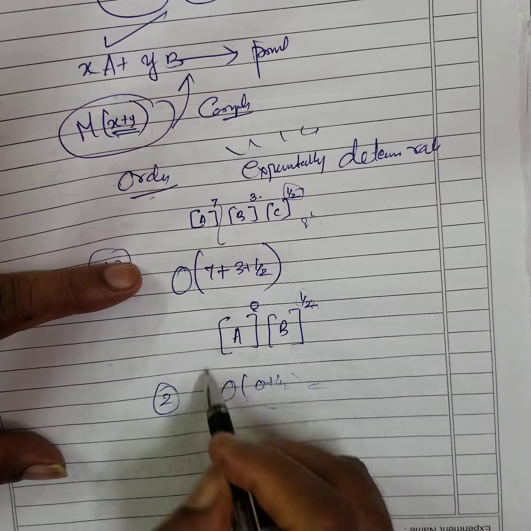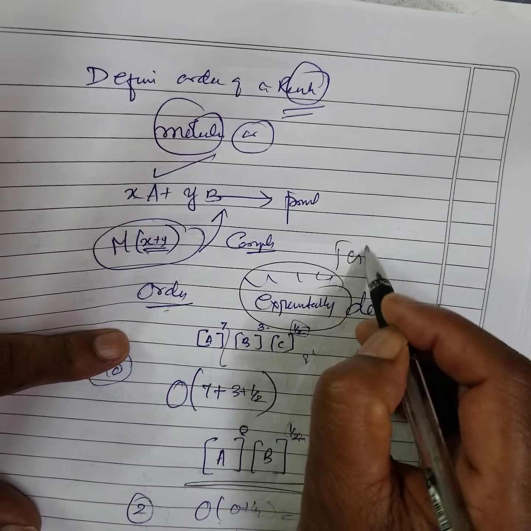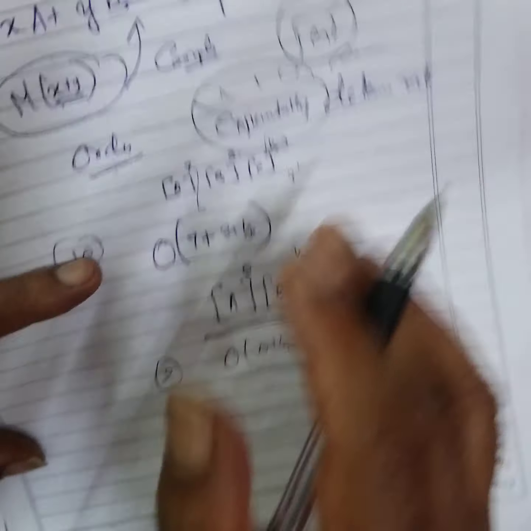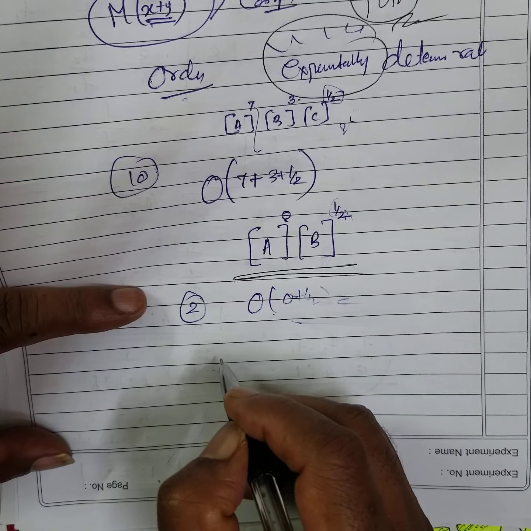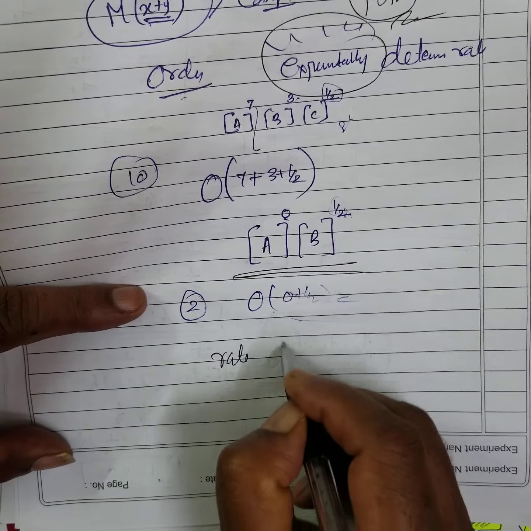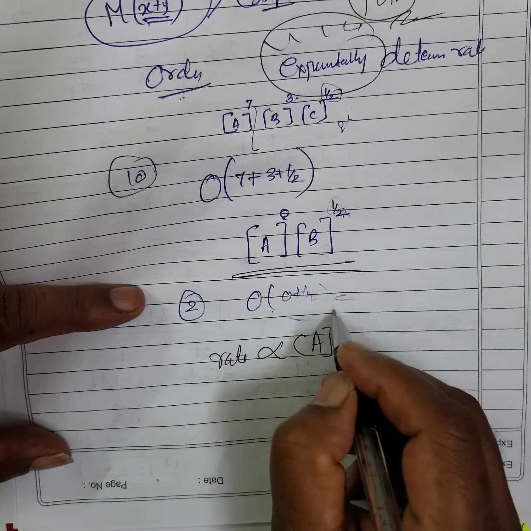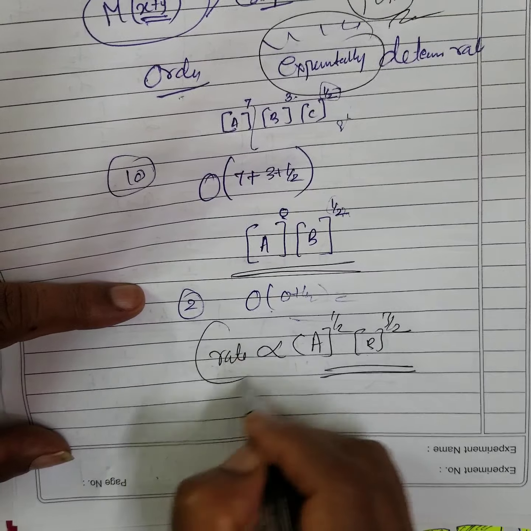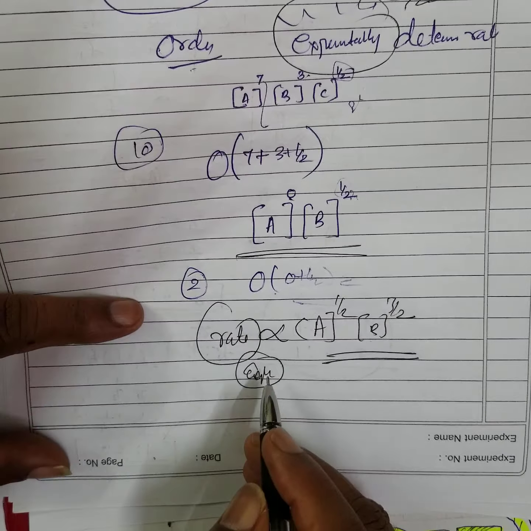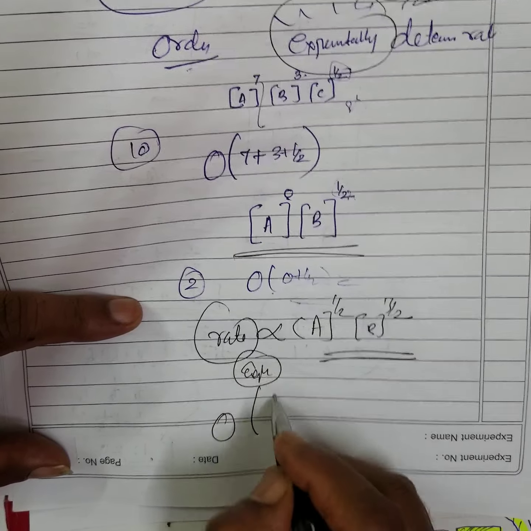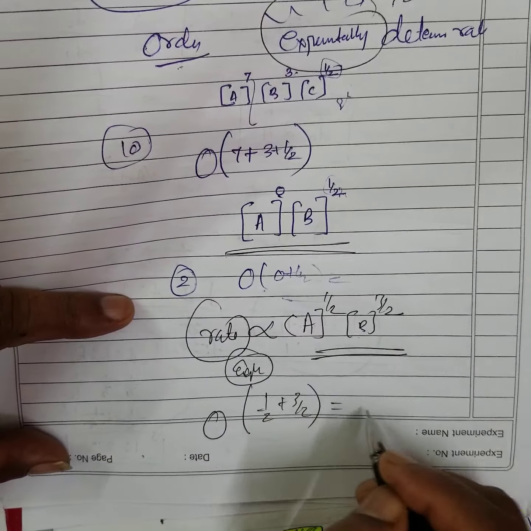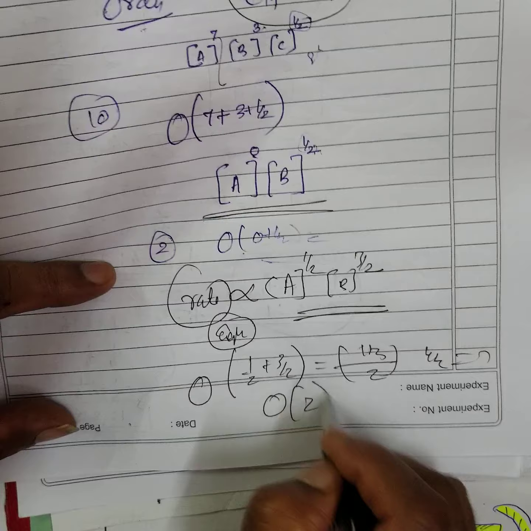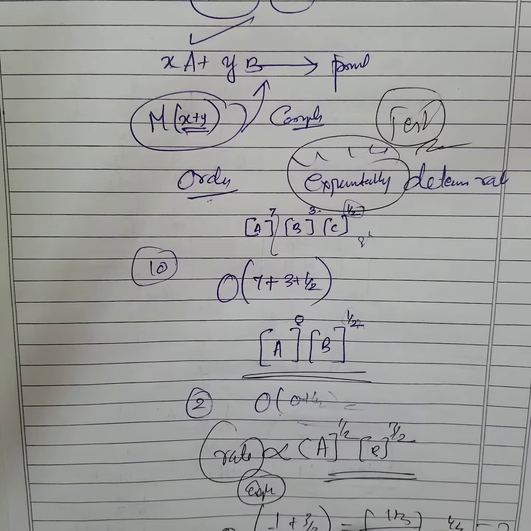Therefore, order is experimental. Experimental means you have to give a test. When you give a test only, you can find out the status. Suppose they give an expression: rate of the reaction is given by concentration of A to the power half and B to the power 3 by 2, which is experimentally determined rate. What is the order of the reaction? Half plus 3 by 2, that is 1 plus 3, 4 by 2, 2. The order of the reaction is second order.